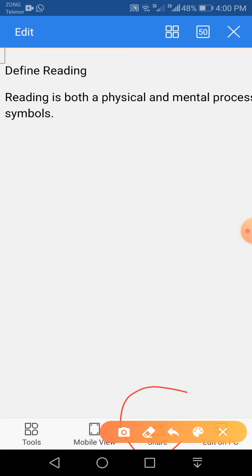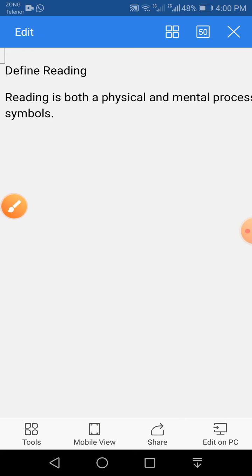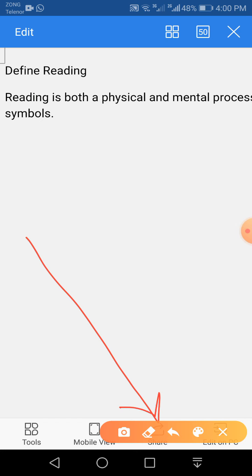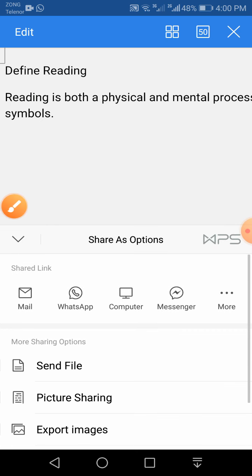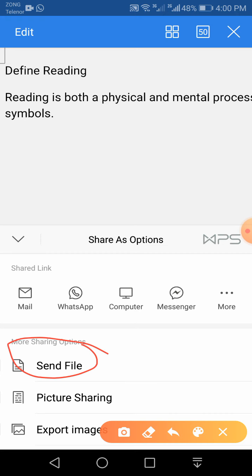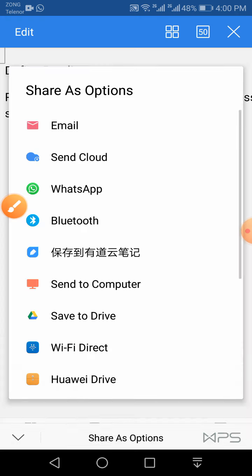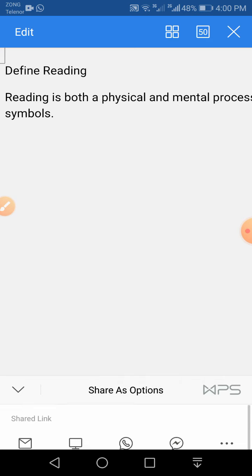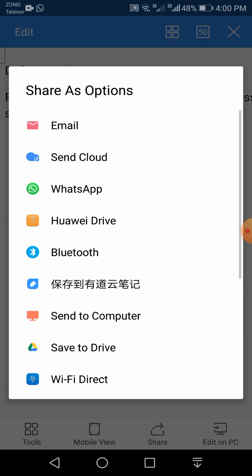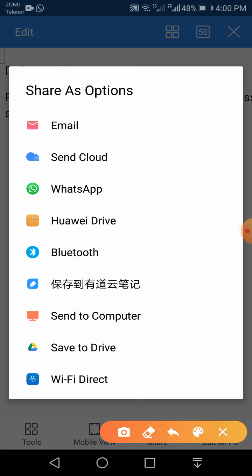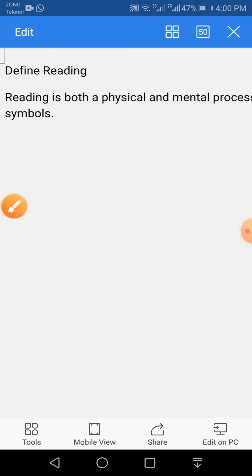Now you can click from this place, okay, share. Here is a button, as you can see here, share. Now click on share. Further options are send file, so click on send. Okay, just a minute, let me go back. Okay, here again share, send file. Now your smartphone asks you how to share, whether it should be shared through email, WhatsApp or Bluetooth, etc. So you can say WhatsApp, let's say. You can click on WhatsApp.